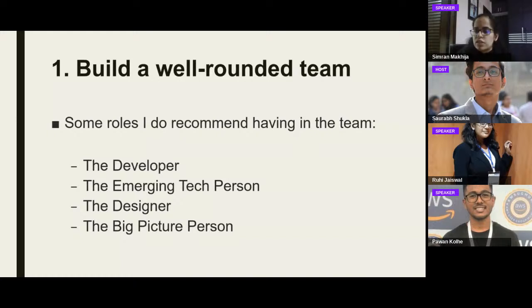UI stands for user interface, and UX stands for user experience. So your designer will basically be the person who tells you how your product should look. Now, the design could be on Figma or Adobe XD with perfect prototyping, or it could be in terms of